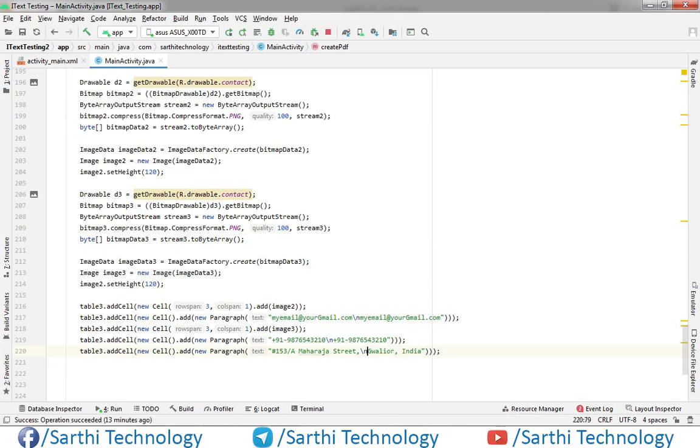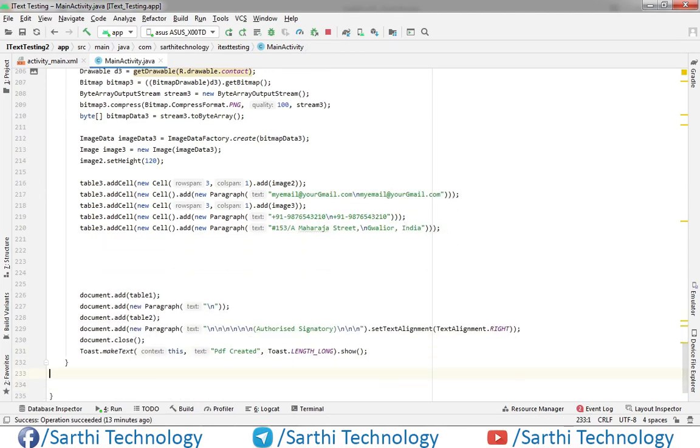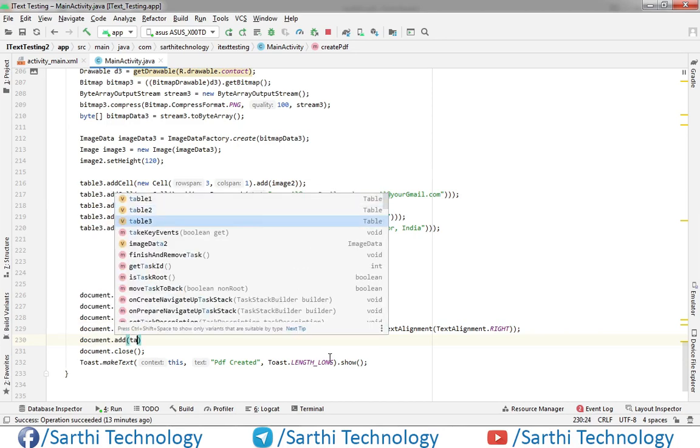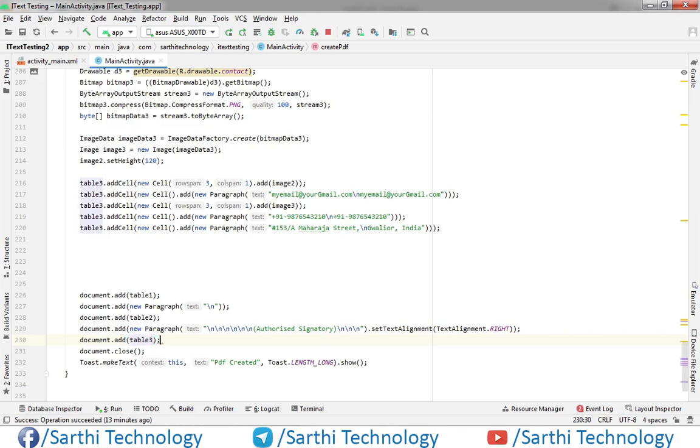Okay, so finally add this table 3 here. And let's run this.